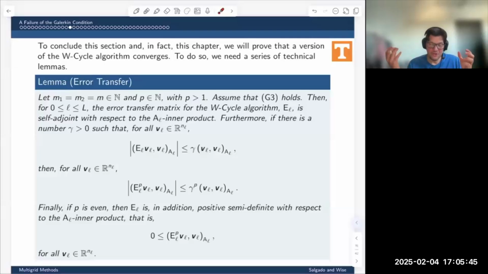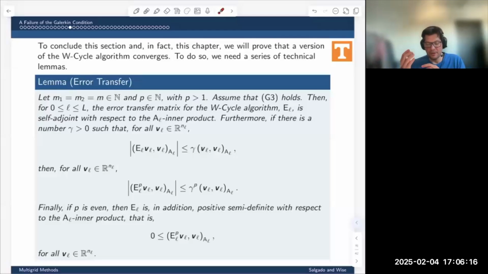We had to show previously when we were doing the W cycle and the V cycle, whenever we could assume we had the Galerkin condition intact, what did we do? We tried to show, using the approximation property, the Galerkin condition, and the smoothing properties, that we could control the size of the error transfer matrix in an energy norm. And so to that end,